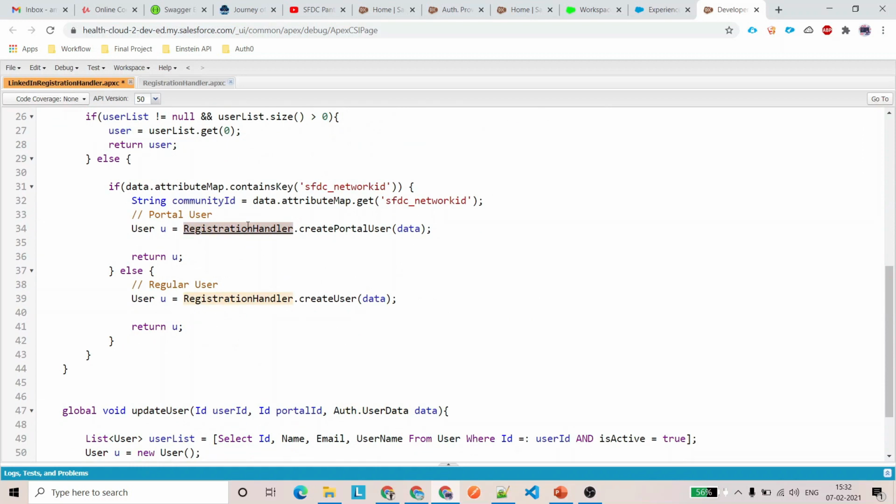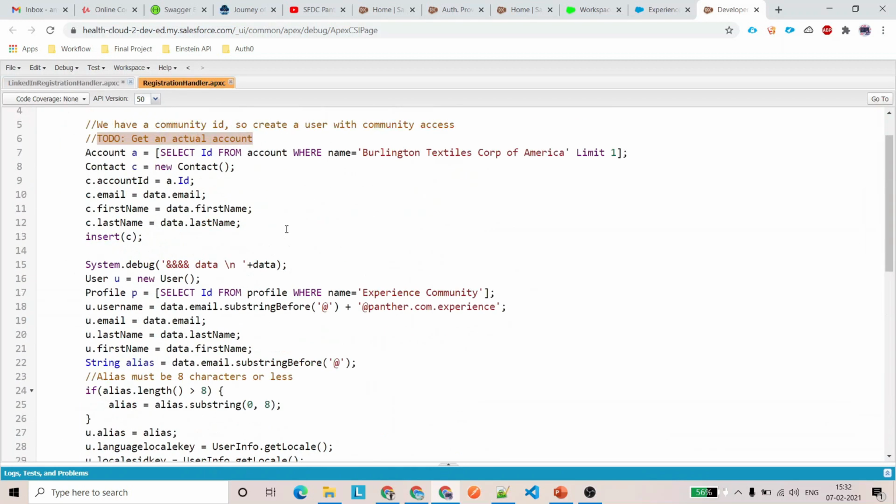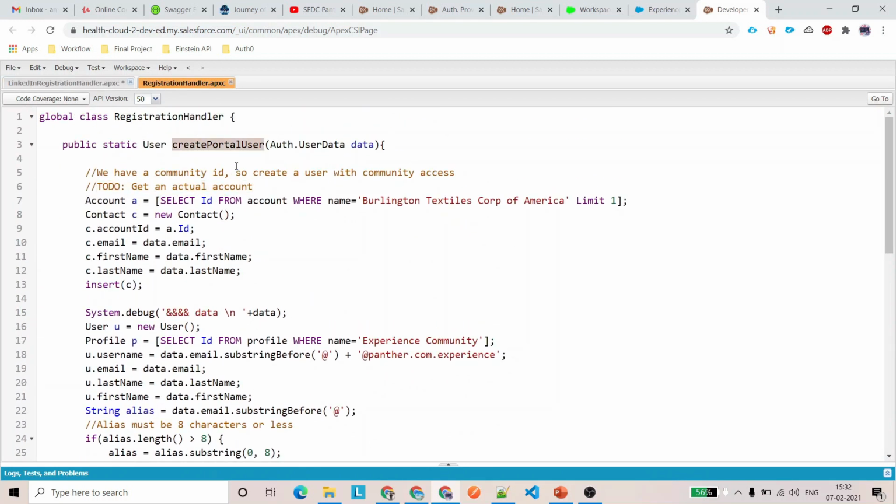So let's quickly have a look at this class, which is the registration handler. This is the method which is creating a portal user, with auth.UserData as the data. Before we deep dive into this method, let me quickly tell you what it requires to create a community user.